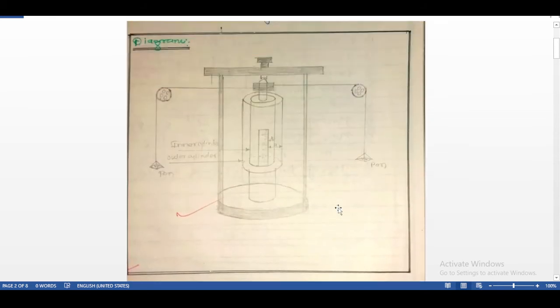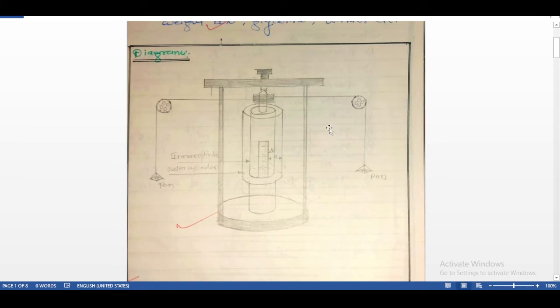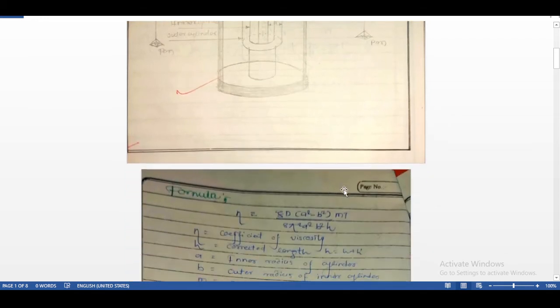This means the time period we have to measure is the time required for loosening the threads. First we wind the thread by making 5 turns and start the stopwatch for loosening these 5 turns. The time is equal to t. Now it is already filled in this observation table.